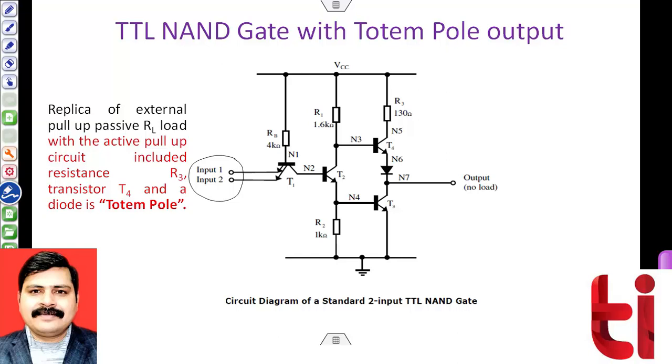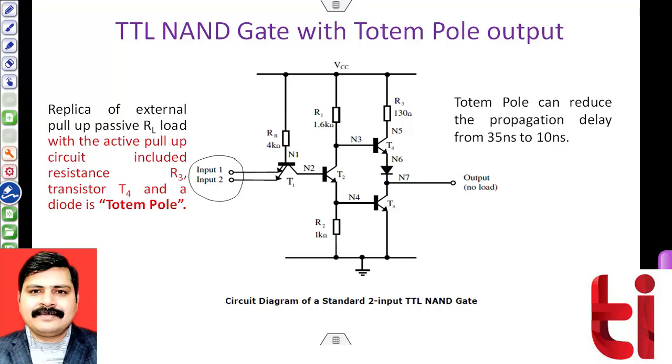Now there is a question: what is the requirement? Why are we moving to the totem pole? Why are we adding so much complexity in this particular circuit? The answer is that we require the totem pole as it can reduce the propagation delay from 35 nanoseconds to 10 nanoseconds. There are a few applications which require a minimal amount of propagation delay. In that particular scenario, the totem pole configuration is preferred over the open collector configuration.